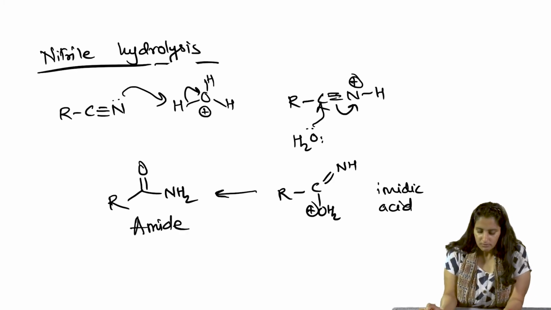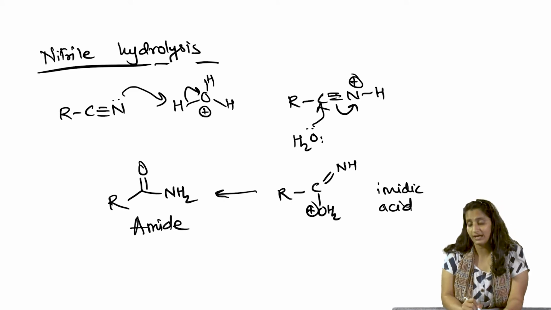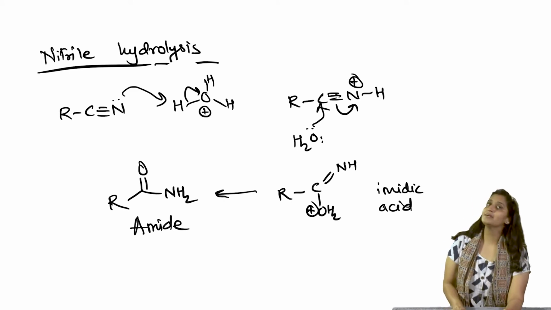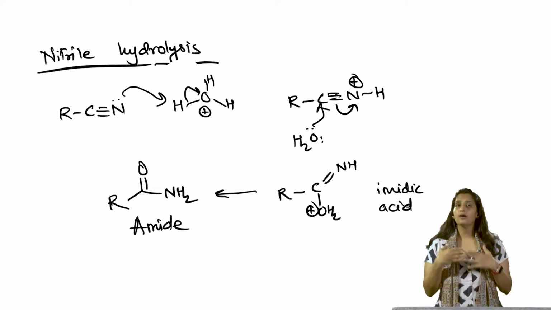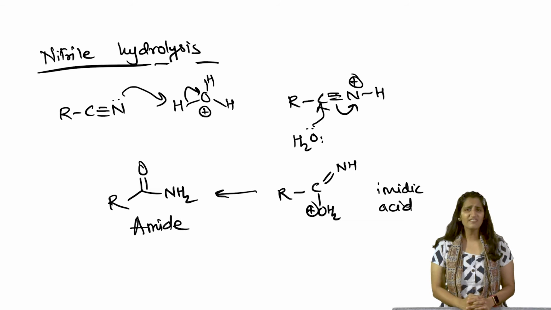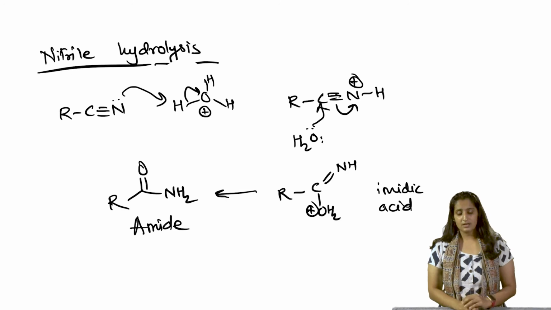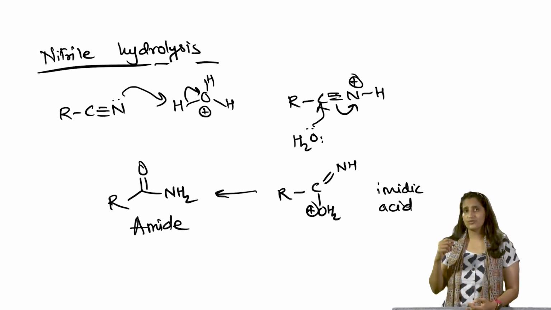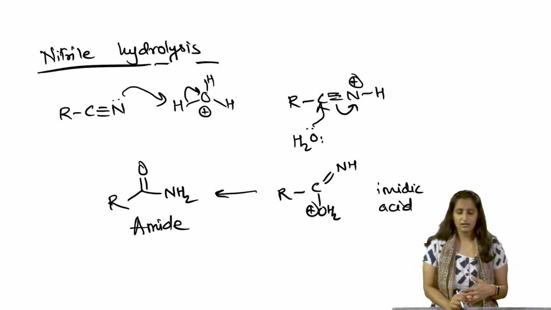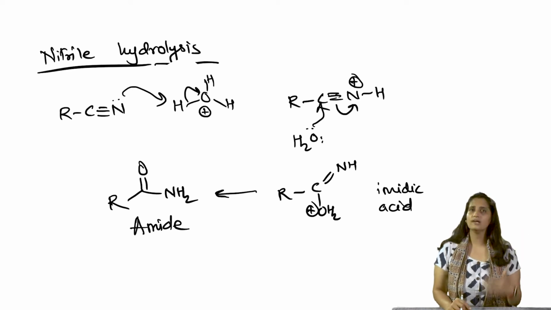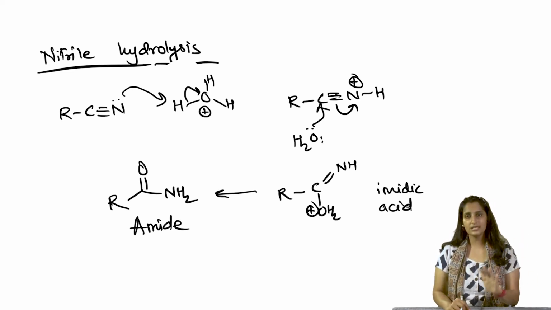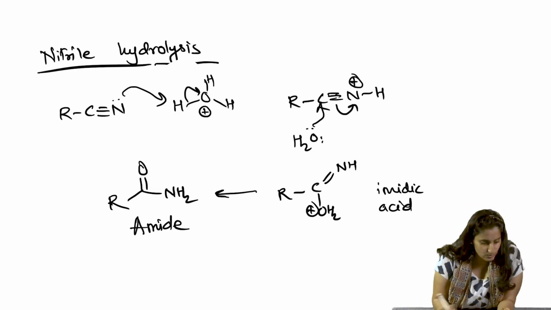So, the way we form carboxylic acid from a nitrile, we have to go through the amide, and amides can then later hydrolyze to form carboxylic acid molecule. It is not very easy to hydrolyze an amide, as we had discussed the other day, because amides are one of the stronger bonds, and it is very difficult to hydrolyze it, although under reaction conditions. So, for example, if you do this reaction under reflux conditions, it can do the hydrolysis. Base catalyzed hydrolysis is even more difficult. Acid catalyzed hydrolysis is comparatively easier for amides. So, let us go ahead and do that.